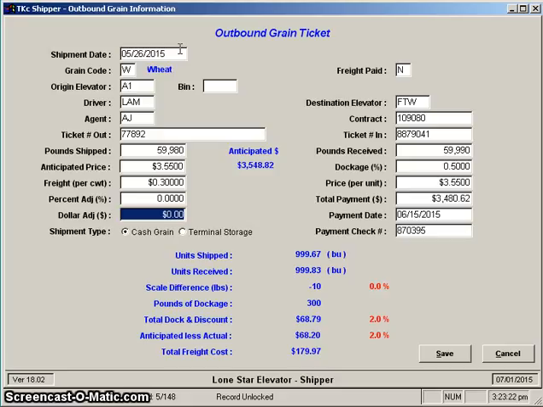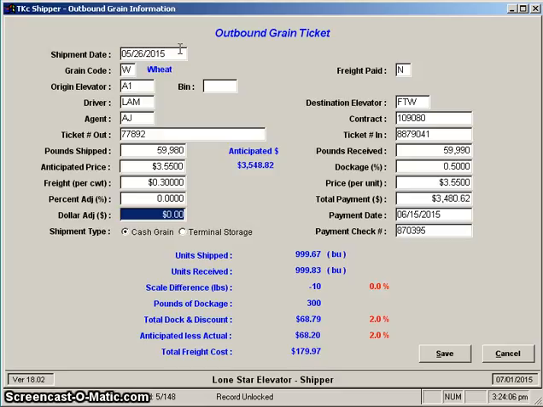that would then show up as the freight cost. The next item is shipment type, and in almost all instances, you're going to want to use cash grain. That simply means that you're sending grain to some facility and that they are buying it. If, on the other hand, you are shipping some open stored grain to a facility to have them continue to hold it for you, that's what terminal storage is. Terminal storage is shipping out grain that is not yours, but for which you have a liability, and then you're asking the terminal to hold that grain for you till such time as you tell them how to dispose